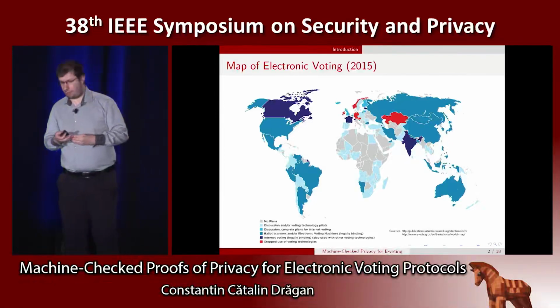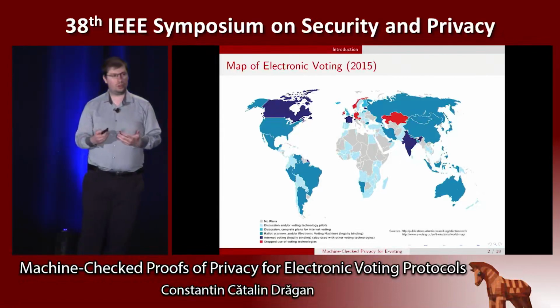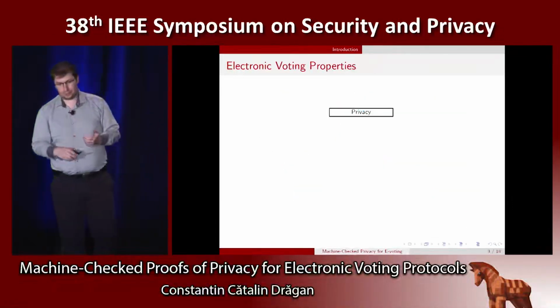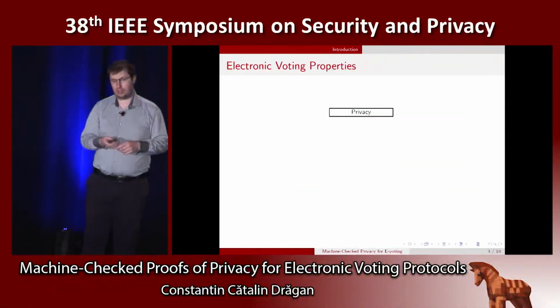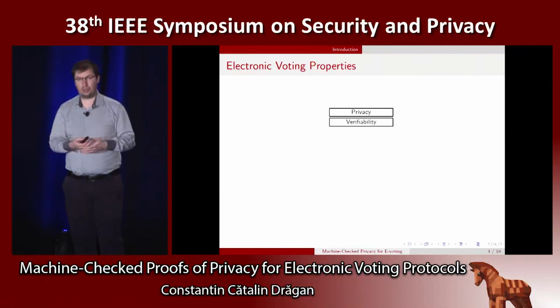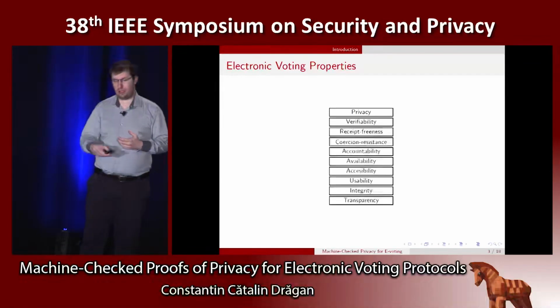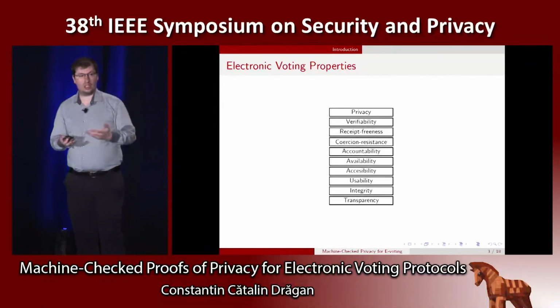So, besides those countries that already use some form of electronic voting, there are other countries that are trying to do discussions or plans. So a natural good question will be, what kind of properties should this protocol satisfy? One of those is privacy, and essentially it says that voters' votes should not be leaked. Then you may have additional properties such as verifiability, that will allow voters to check if their vote was counted, and receipt-freeness or coercion resistance, that offers some kind of protection against coercion, and so on.